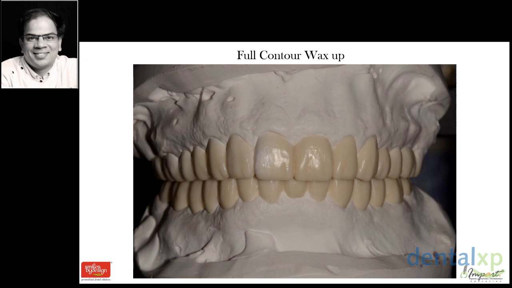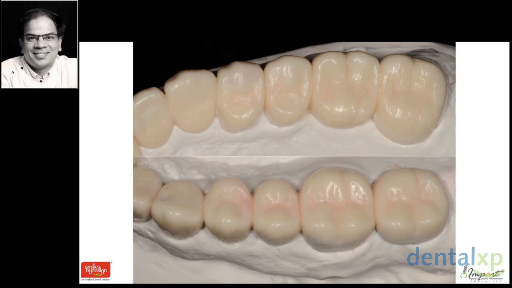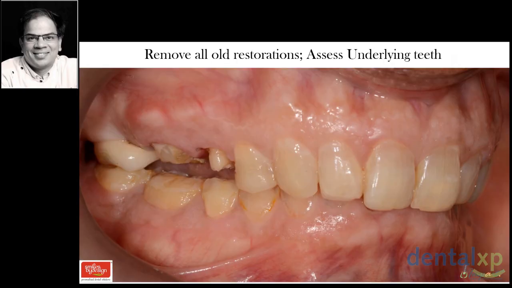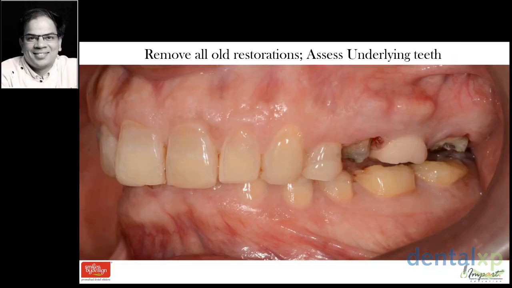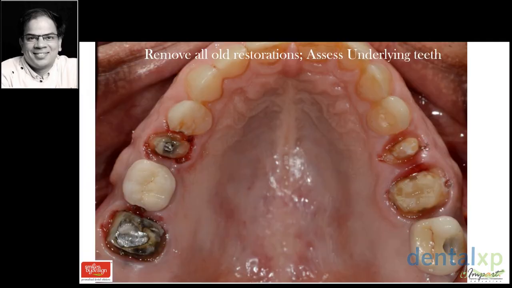But before that, we removed the faulty restorations and looked at the teeth, and we realized some teeth, as you can see here, are biomechanically at a very high risk. My option here is to extract the tooth and do an implant, but again, I will give nature a chance, and the patients psychologically feel better if their teeth are saved, as long as they are willing to get that risk assessment understood and they don't blame me for the failure of these teeth later on. I will save these teeth for the time being.